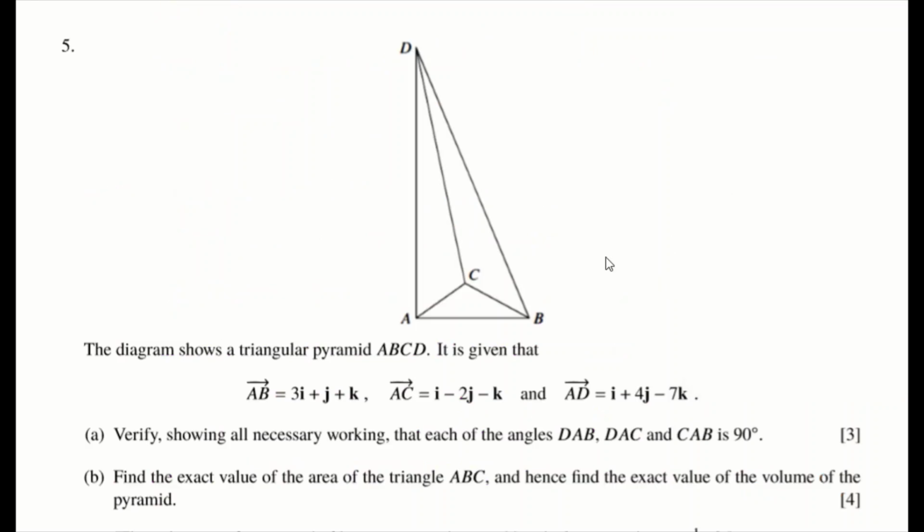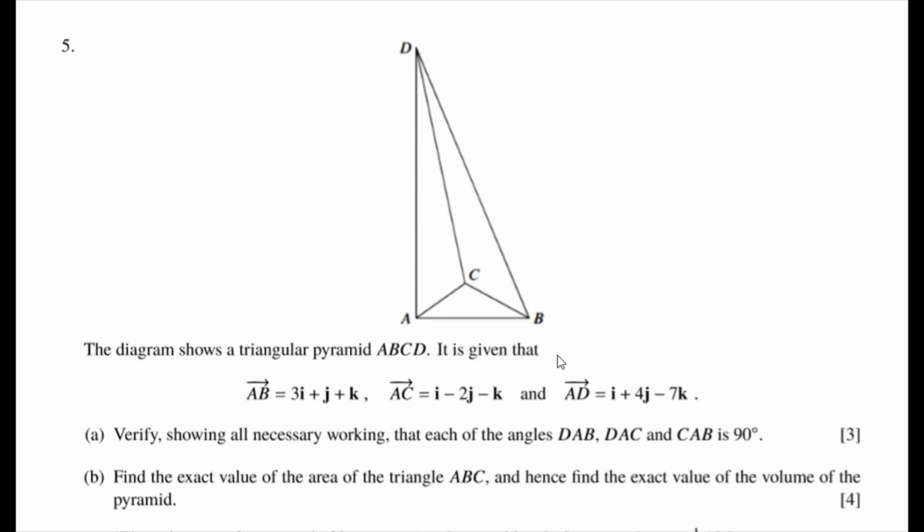Okay, number 5, the diagram shows a triangular pyramid ABCD. It's given that AB is 3i plus, blah, blah, blah. So it's given your AB, AC, and AD. These are the three that's given. So question 1 is to verify, showing all necessary working, that each of the angles DAB, DAC, and CAB is